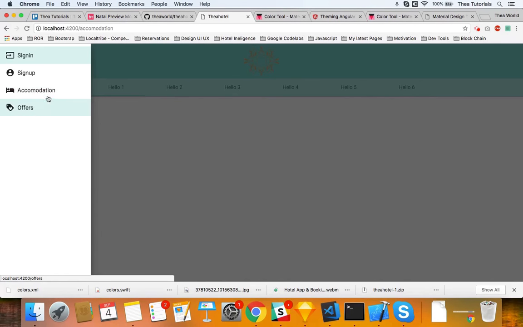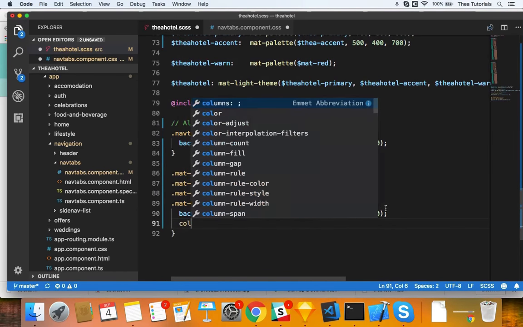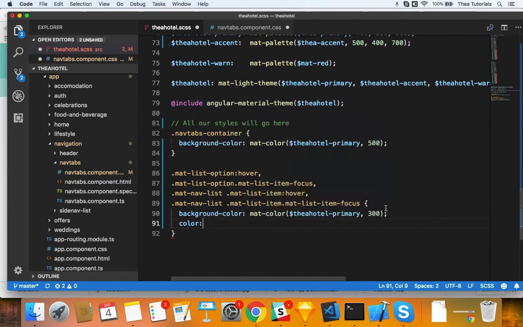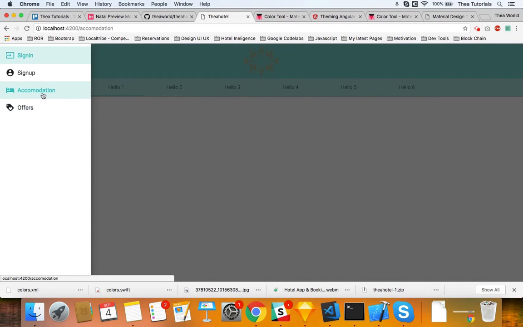If I want to change the color, that's just the background. We're gonna go again, matte color, Thea Hotel primary. Let's say I want to make it really dark, which is 900. You come here and you refresh. Well, it refreshes automatically, but anyway, you can see now the color also changes. So in a way,